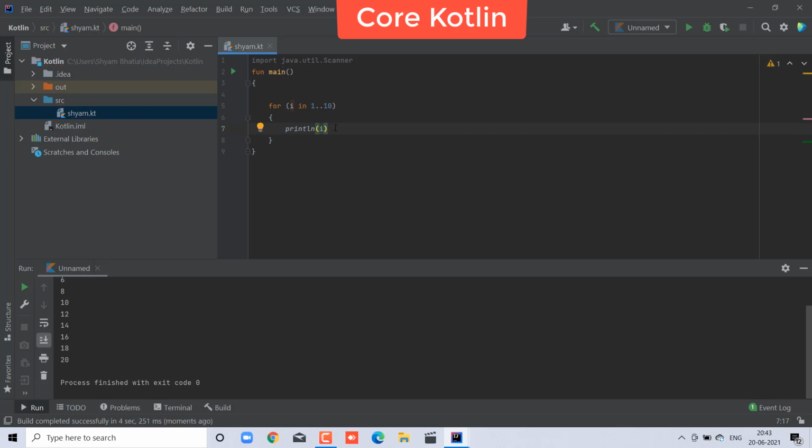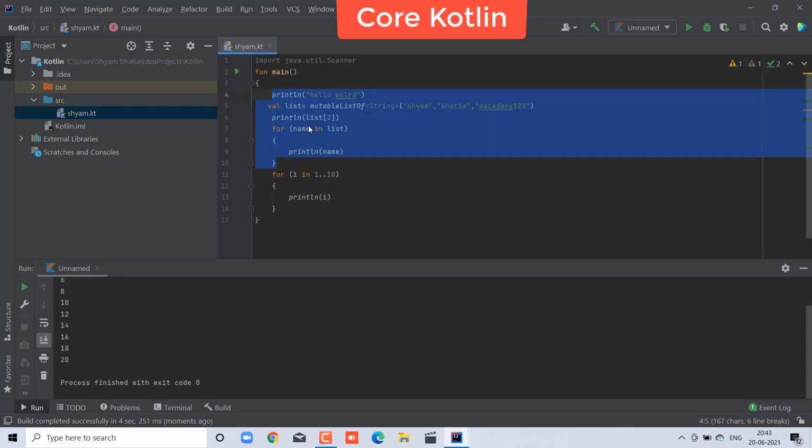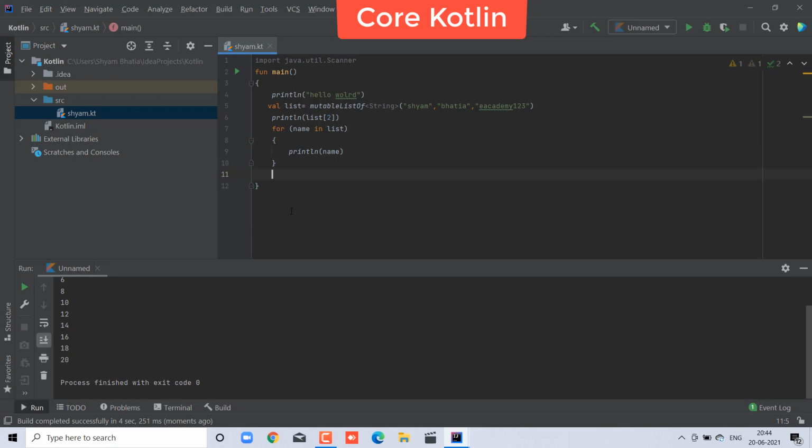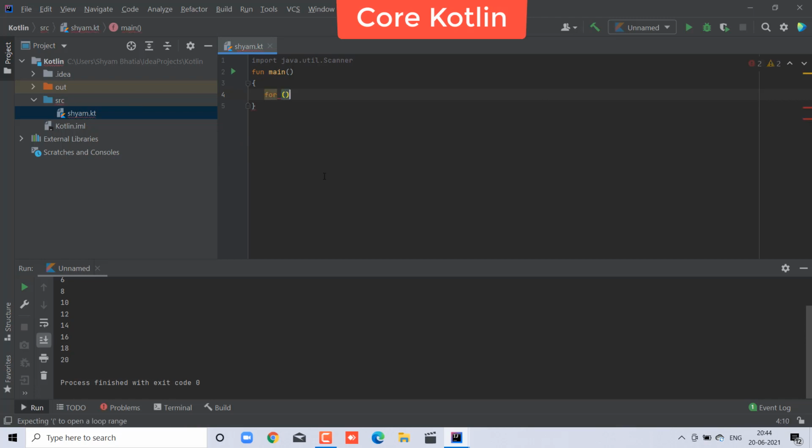Yes, multiplied by 2 is the output, so I am coming here, and now you can also take the name of that thing. So just Control Z. So this is my list. Where is my list? And just this for loop, remove it. I have removed that for loop, so remove everything,